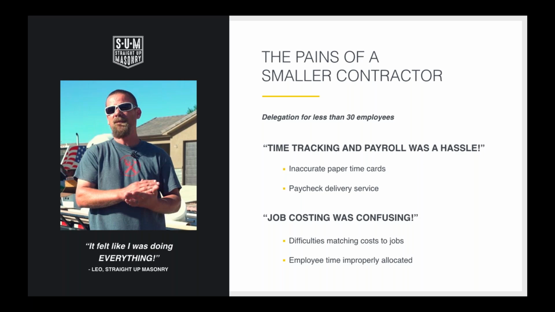He thought his job costs were confusing. He told us flat out he didn't know which cost belonged to which job. So he said, I didn't know when I was making money, when I was losing money. Even worse, I didn't know why I made or lost money. Employee time was just calculated for the hours the employees worked. They didn't give him any information on what job he was working on. So he wasn't even able to identify where the dollars were going. It was just going into one. Yeah, exactly. All he was collecting from his guys was just how much time he needed to pay them on.